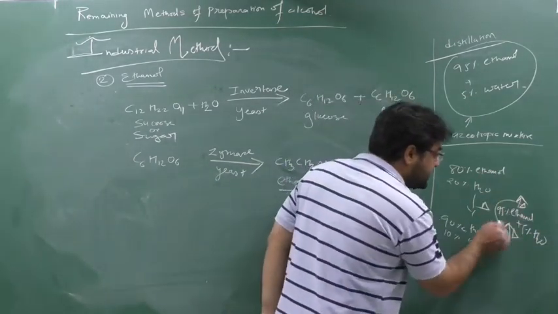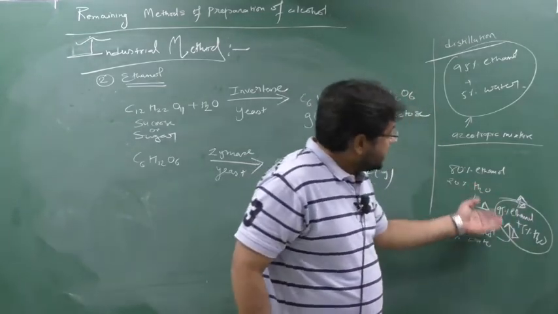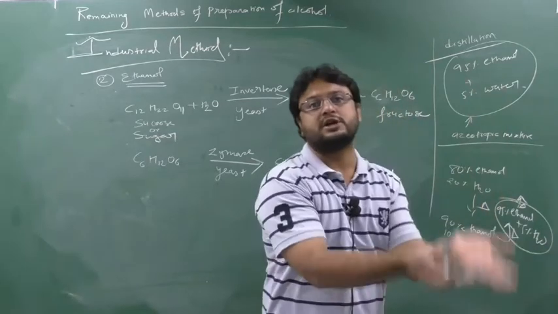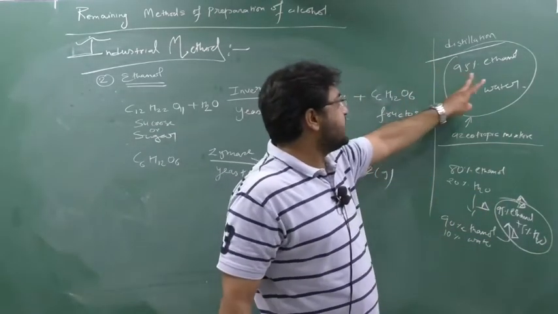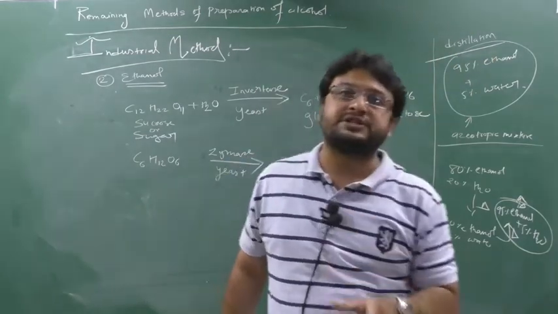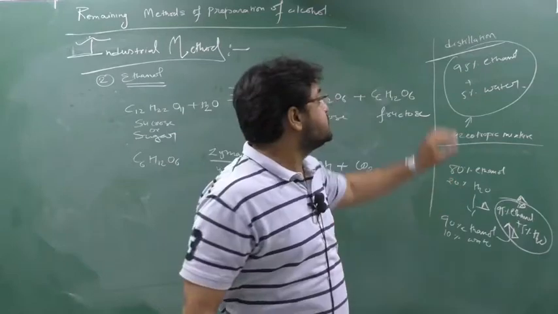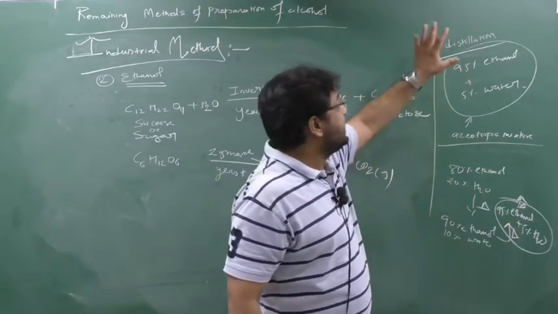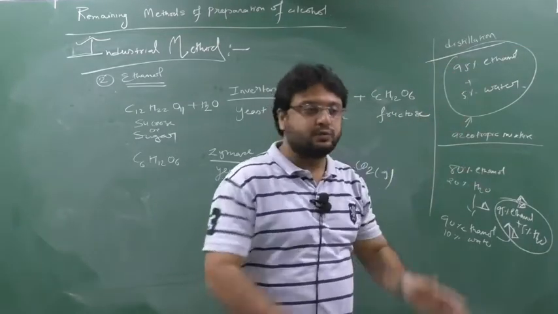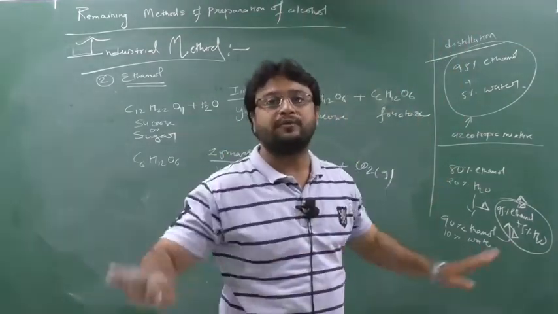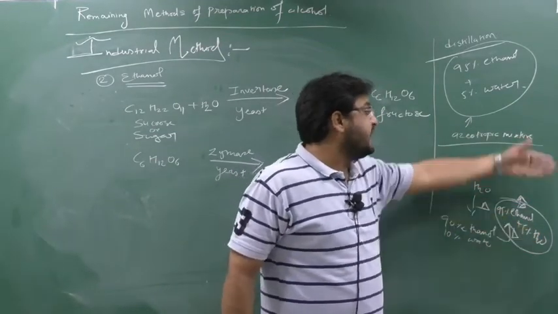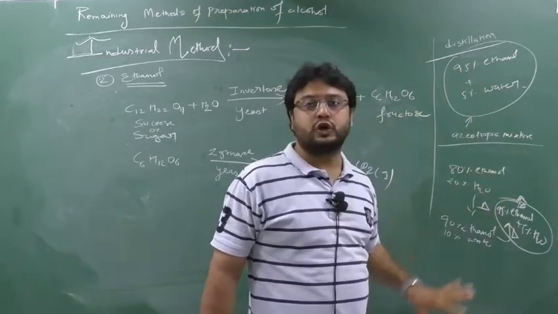When I now heat this mixture, what will happen is that ethanol also will be heated and form vapor, and water also will be heated and form vapor. Both will start to form vapor. So when both substances start to form vapor on distillation, understand that that type of mixture is known as an azeotropic mixture. Now this is known as what? Azeotropic mixture. It means now when I heat this mixture, ethanol will form a vapor and water will also form a vapor. Both will go into the vapor. So I cannot get any further purity of ethanol. When I heat this, I will not get 100% ethanol, because they will form the azeotropic mixture.